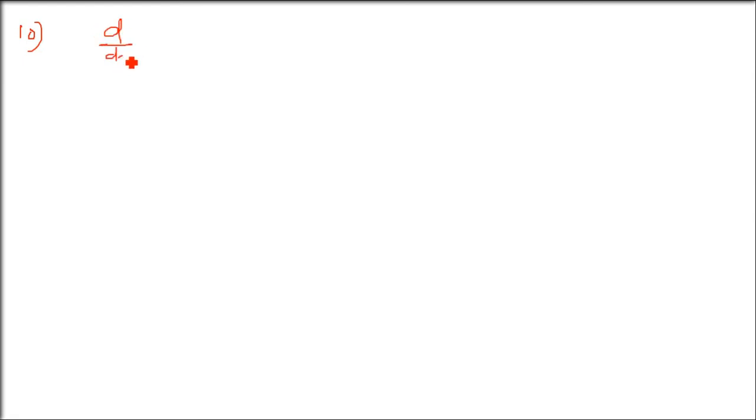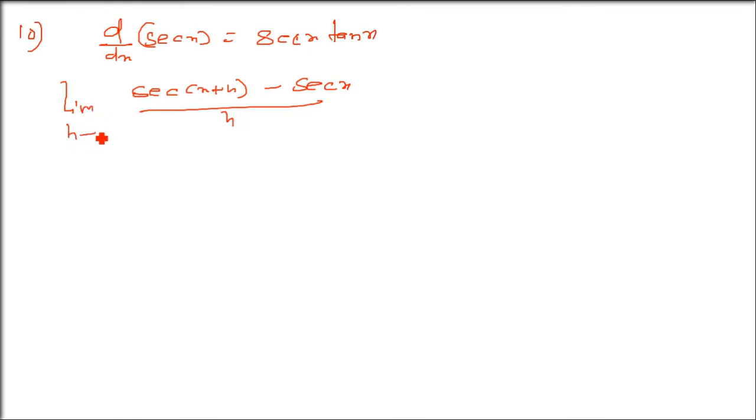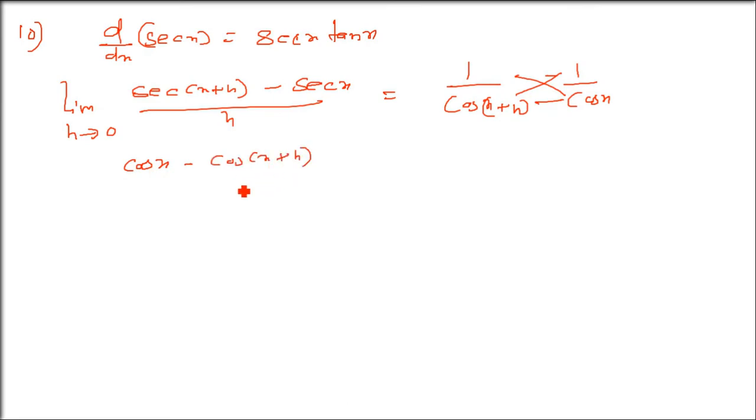There are around 11 I said. Let us do two more. So we have d by dx of sec x. This is going to be sec x tan x. So limit h tends to 0, sec(x plus h) minus sec x by h. First principle we are going to use. Now let us change it into cos: 1 by cos(x plus h) minus 1 by cos x, divided by h I am going to use later. Now take the LCM. So cos x minus cos(x plus h) divided by h cos x cos(x plus h). H is already there. So cos c minus cos d.